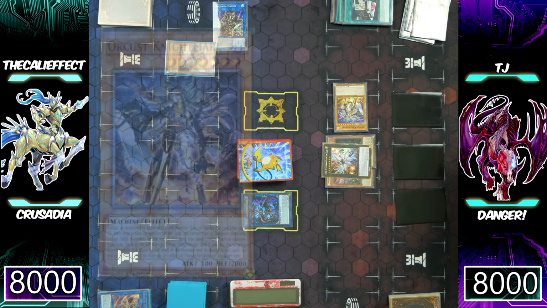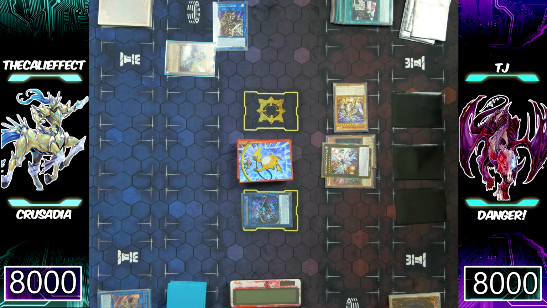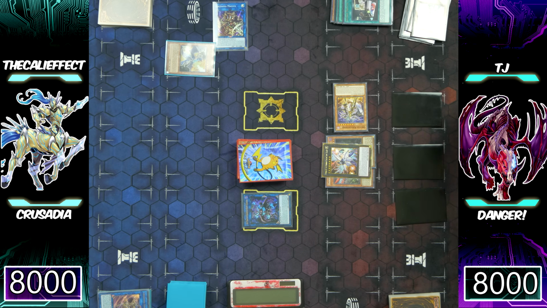Now, keep in mind at this point in time, TJ cannot summon any other monsters other than Dark monsters for the rest of the turn, since he did use his Orcust Nightmare's effect in the graveyard, as well as his Orcust Harp Horror. He's then going to follow up with Danger Mothman,